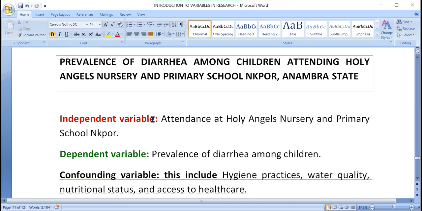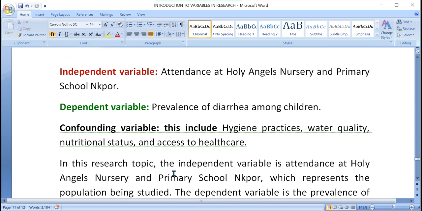How does a child attending this school increase or reduce the existence of diarrhea among these children? A child coming to that school, how does it either increase or decrease the diarrhea incidence in that school? Whereas the prevalence, that is the existence of a particular disease condition in a particular population, is a dependent variable. The confounding variables here include those things that can modify diarrhea occurrence, such as hygiene practices, water